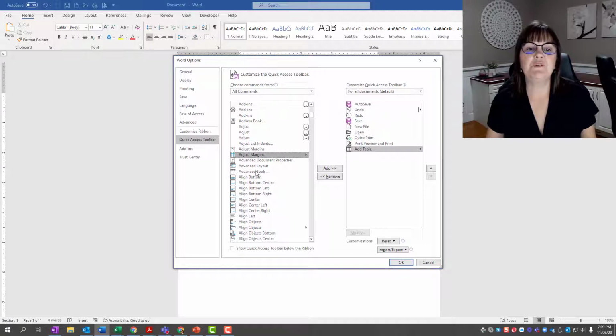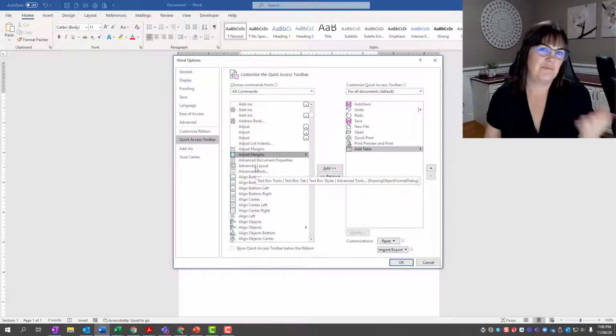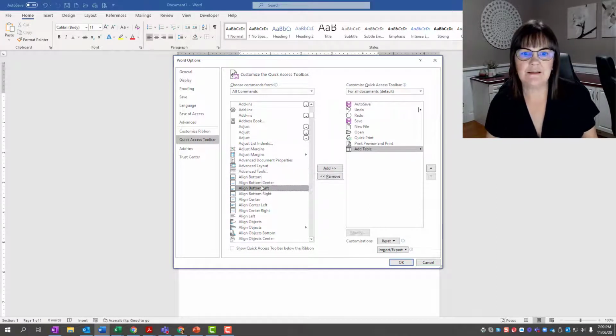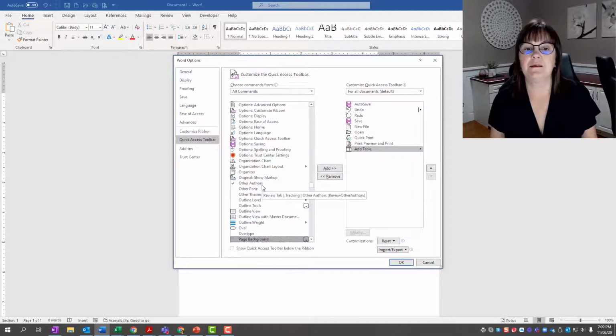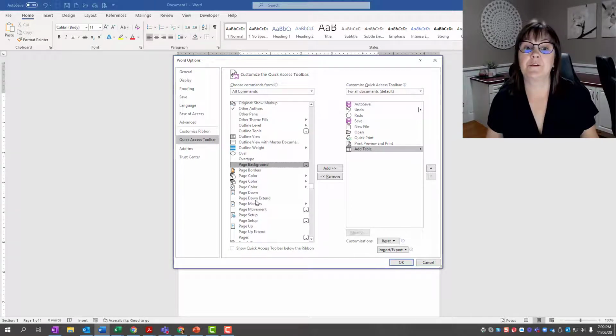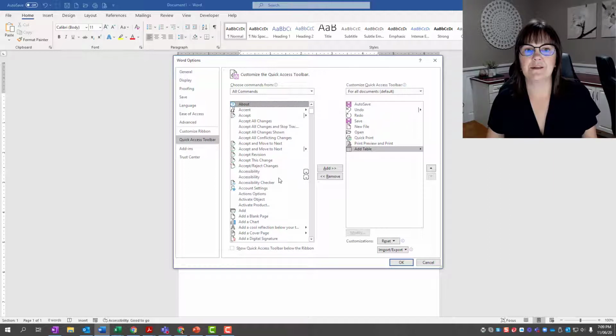So if you did have to find something like, say, print is already on there, but something that was further down in the list, you can actually click in the list and start typing. So let's say I wanted to type something with the letter P. That takes me to the first command that starts with the letter P. So I know mine is adjust margins, so I'm just going to go back to the letter A, and I